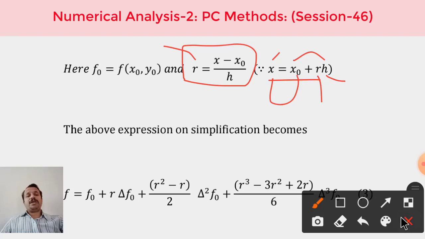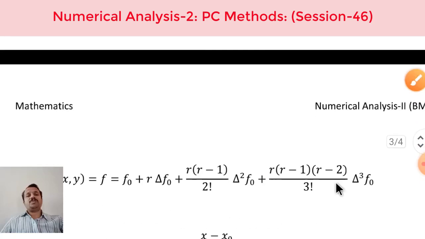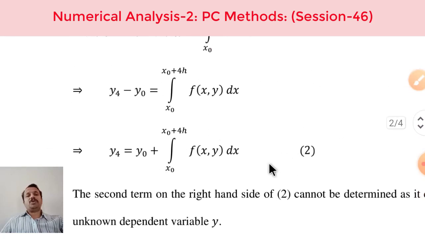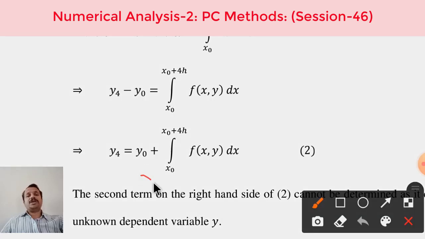Therefore in the integral which is visible here in equation number 2, in place of the integrand, we can substitute that interpolating polynomial. When we substitute that interpolating polynomial in which the variable is r, we should not have dx here, we should change it to dr, and even the limits are to be changed for r. Here basically they are for x. So integration was with respect to x, therefore the lower limit will be x equal to x naught and the upper limit will be x equal to x naught plus 4h.